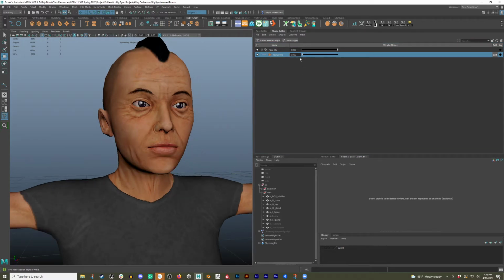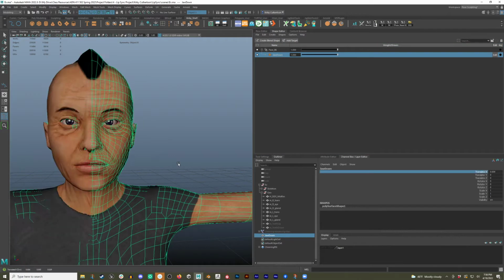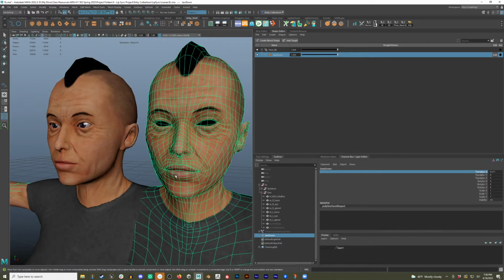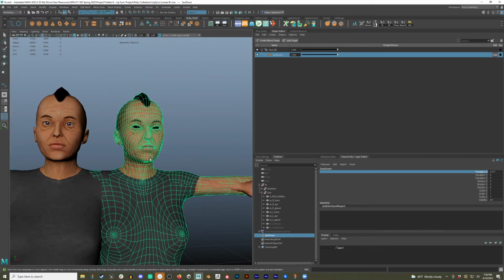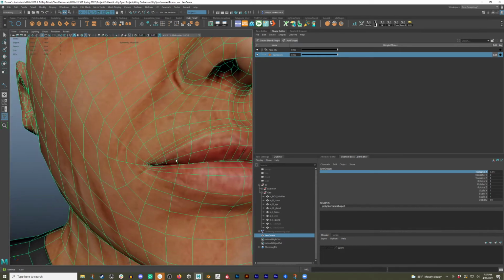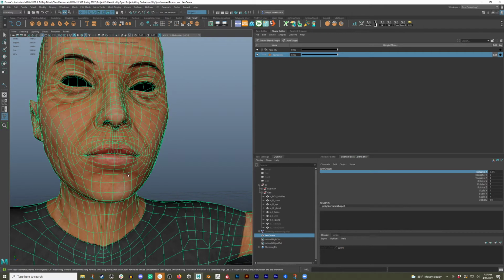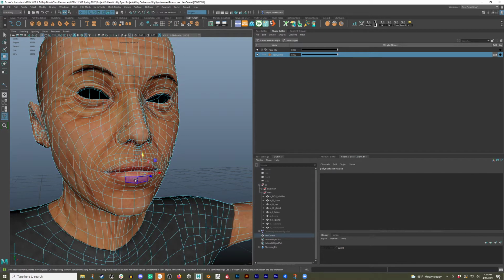So what I can do is go ahead and dial this up and rebuild the target so that I can scoot it off to the side, like this. Alright, so now that this is off to the side, what we can do is start to use all the tools in our bag to get the jaw down shape as quickly as possible. So the first step that I usually do for getting this going is to just do a hard selection